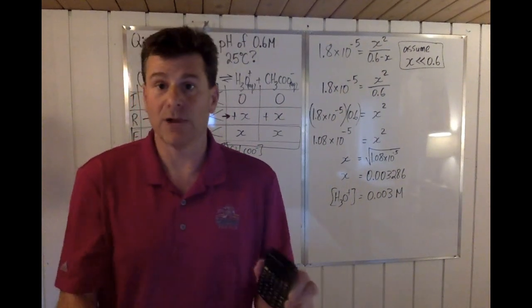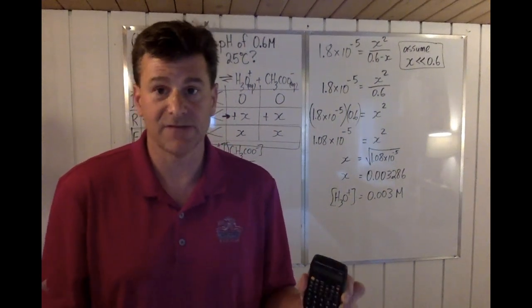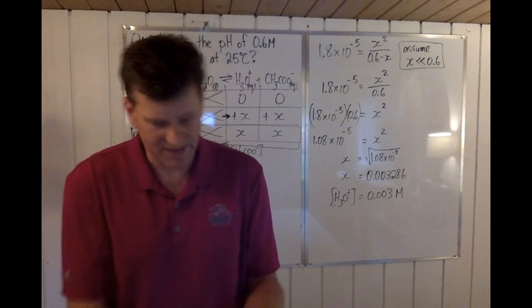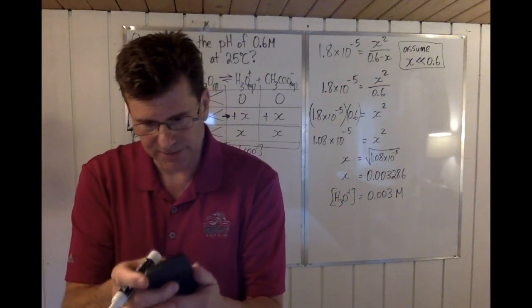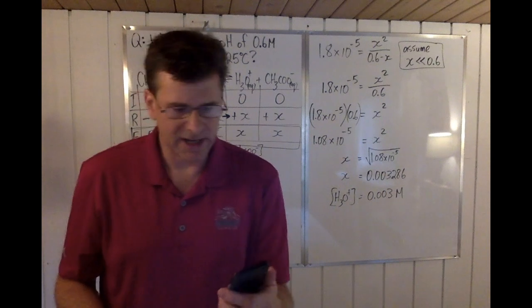I would leave the unrounded version, take the negative log, and then take the pH to 1 sig fig. So I'm going to do that right now. Okay, so I'm going to take the log of that value. I need my, sorry, different calculator. I need my glasses to see it. So I'm going to take the log, and I get